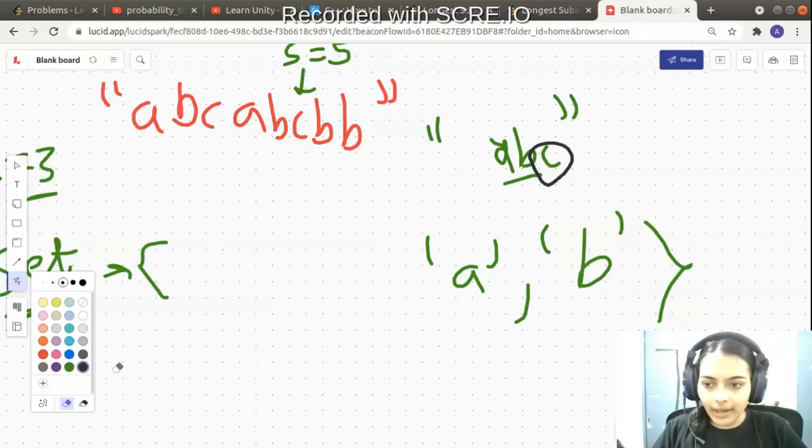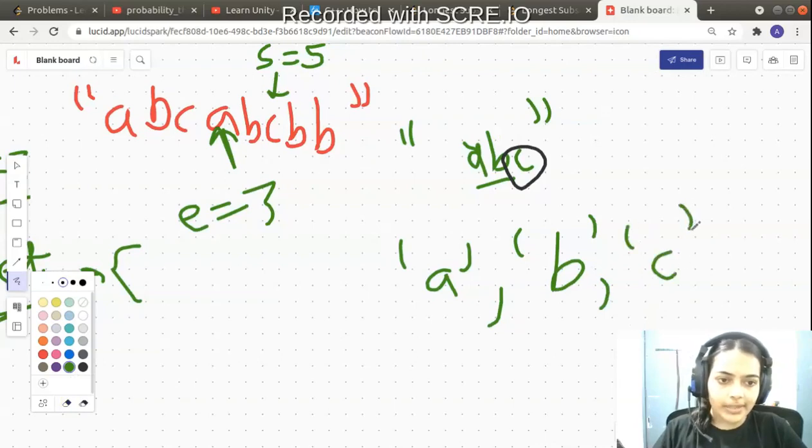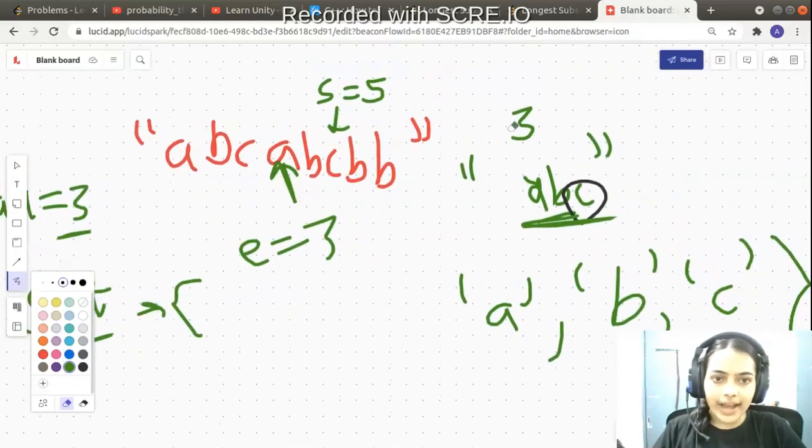So what do I mean by popping? See, I move forward and my end pointer shifts and my end is equivalent to 3 and start is equivalent to 5, right? And now I have the substring ABC. So I also store the current element C in my set. So the substring ABC is again of length 3 and max is already 3. So I need not change max and I can just move forward in my quest.